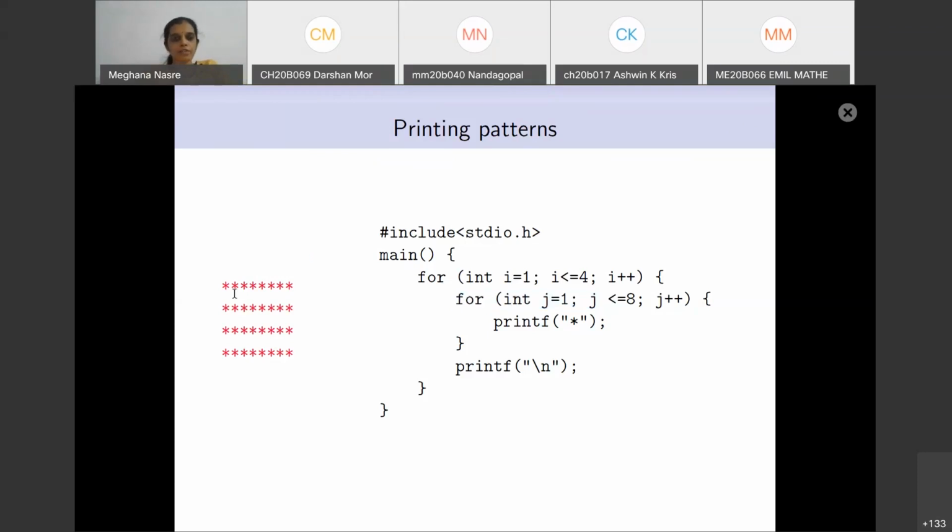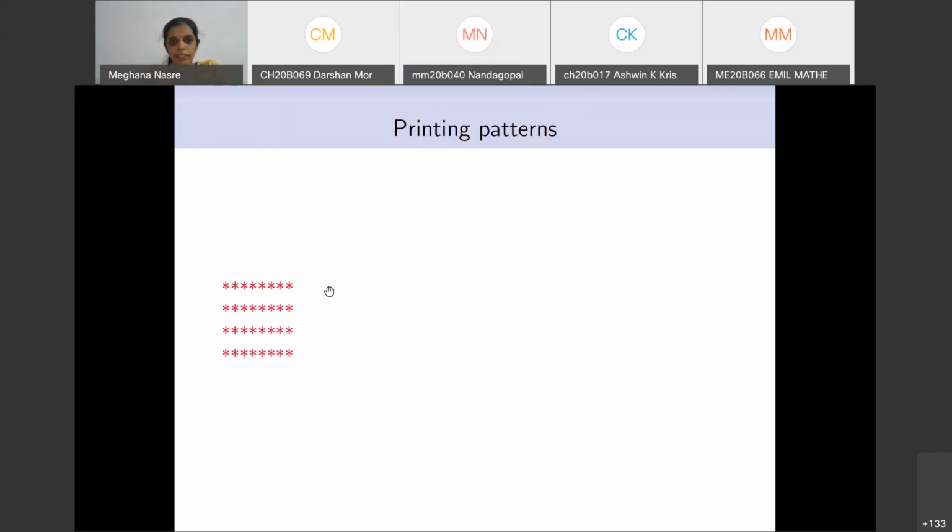No. Okay, so let's come to that natural part. Let's say you are not given this piece of code, how do you think about printing these lines? You think you have to do something 4 times. I think this is the first class that we talked about. You have to print 4 lines, and in each line you have to do the same thing, that is, print 8 stars.